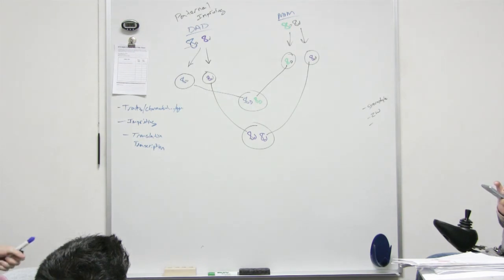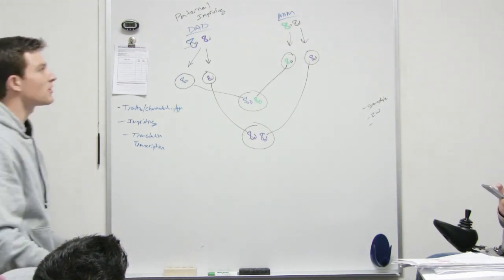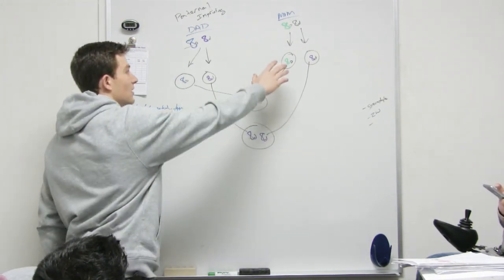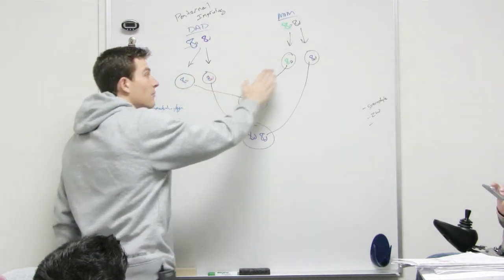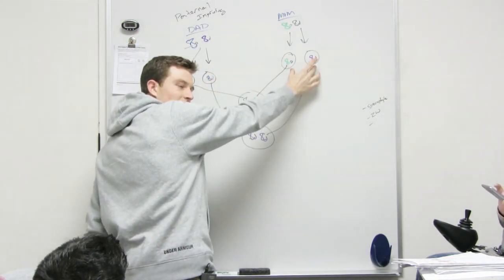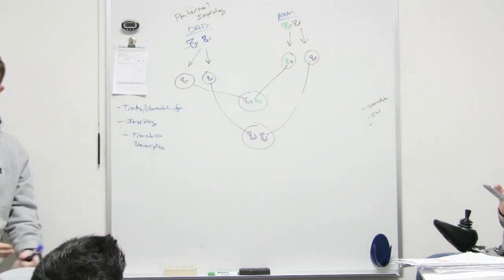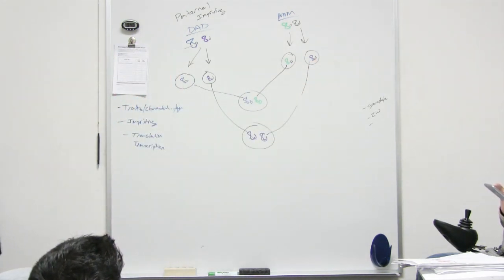Okay. And it works the same way for mom, for maternal imprinting. Except this time dad wouldn't imprint on these. They would be erased and would be put back. And then mom would imprint on both of these. And then they would be just the opposite. Okay. That is